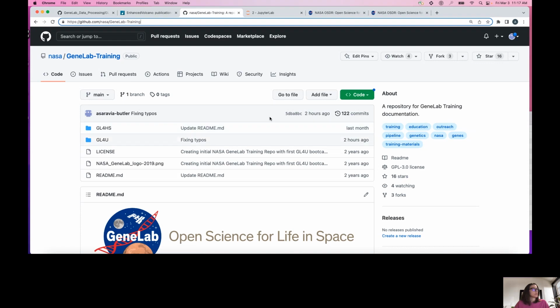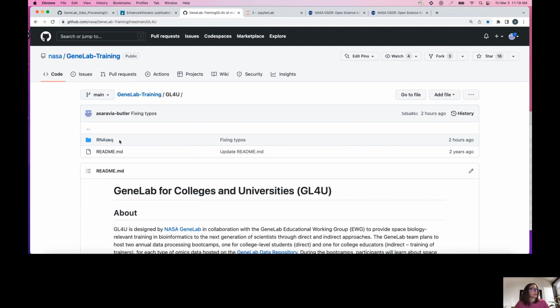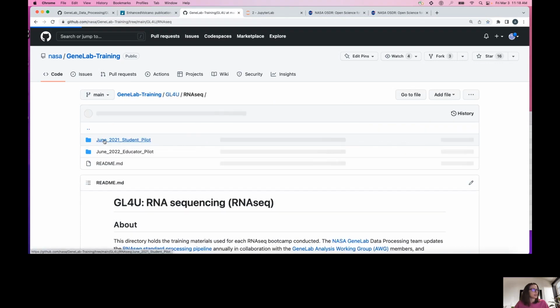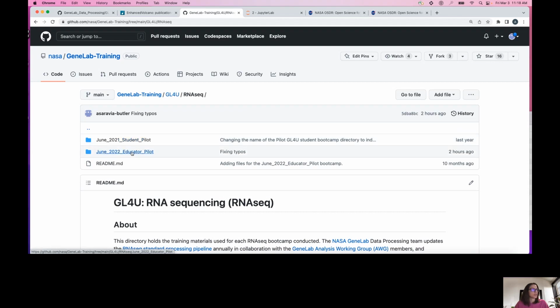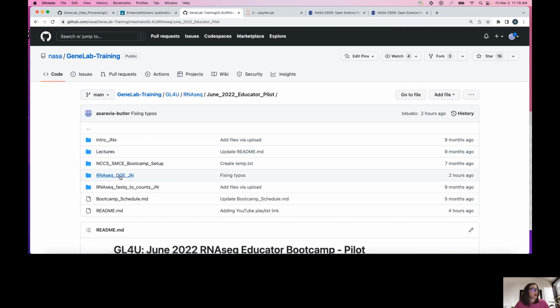Yeah, so if you're there, you should be seeing the main landing page for the GeneLab training. So if you just go to github.com/NASA/GeneLab training. Yes, I'm on that page. Perfect. So now you go to GeneLab4U, and then you'll click on RNA-seq, and then you click on the June 2022 Educator Pilot directory. And then from there, you're going to click on the RNA-seq DGE JN, so the differential